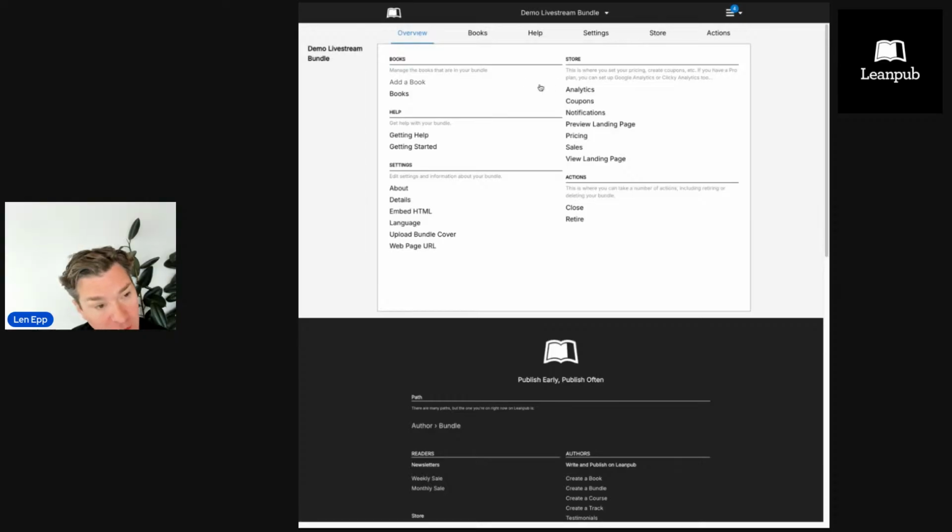I'm just clicking back in the browser bar here to go back to the bundle admin section of the author app. And you can see that if you've published a book on Leanpub, which you have, and you're proposing or creating a bundle, there are fewer options than on a book or a course, but you still see things like